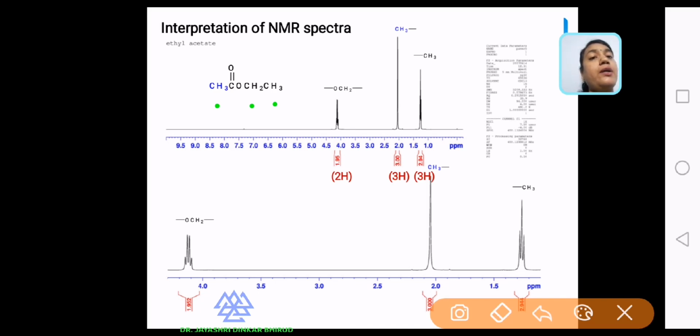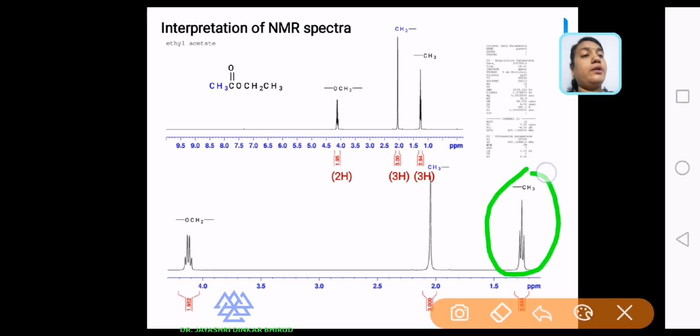In this spectra, this is for the CH3, and the number of protons here is 2.94, meaning near about 3. So 3 protons gives a triplet. See here, this is the clear spectra. 3 protons gives a triplet at delta